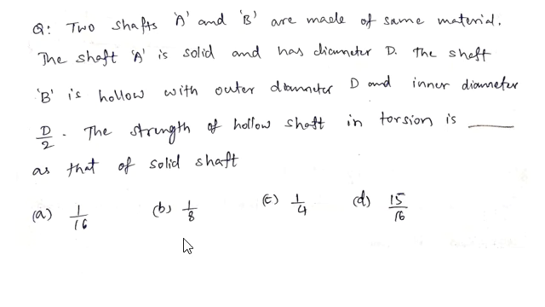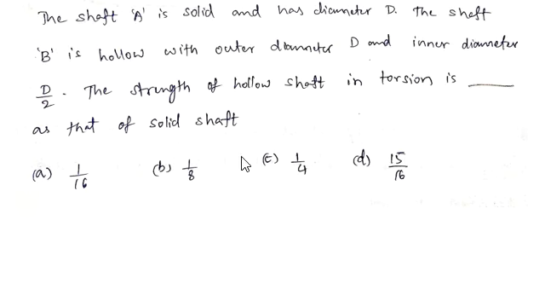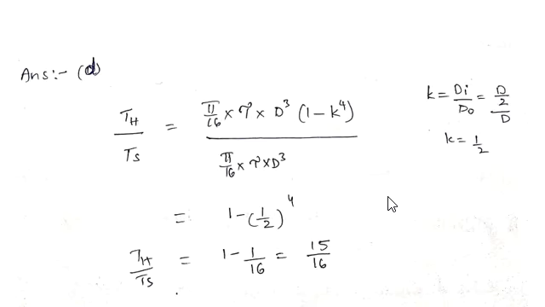And here options are given. A is 1 by 16, B is 1 by 8, C is 1 by 4, and D is 15 by 16. And here the answer is option D, 15 by 16. So here, strength of hollow shaft and solid shaft in torsion means the torque transmitting capacity of hollow shaft and solid shaft. So we know the formula for torque transmitting capacity of hollow shaft as pi by 16